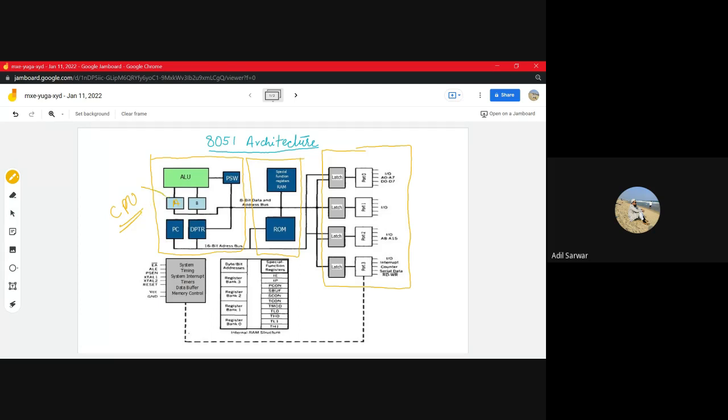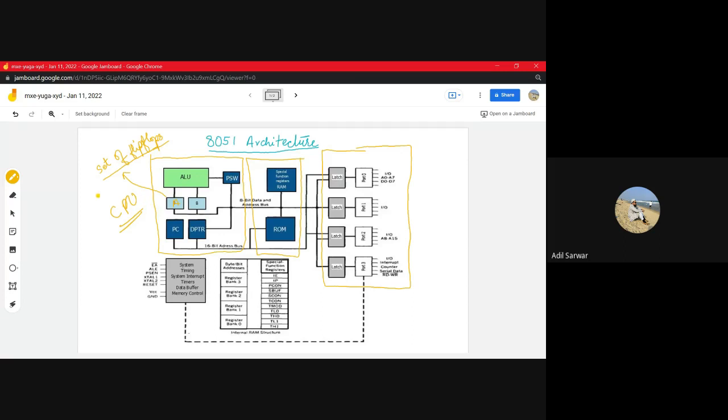So A is a register. A register is nothing but a set of flip-flops. There are 8 flip-flops, so it is an 8-bit register, and